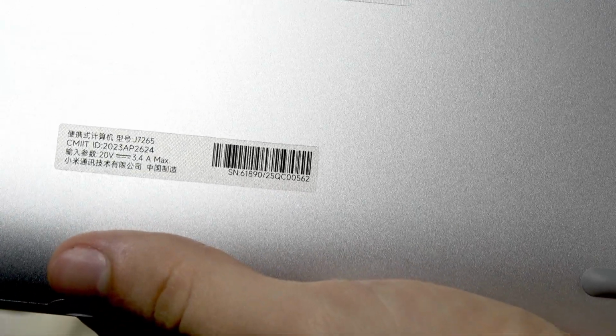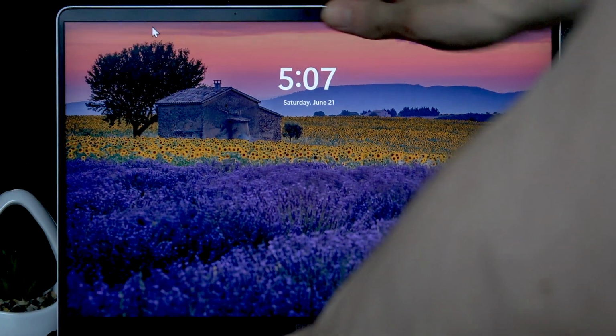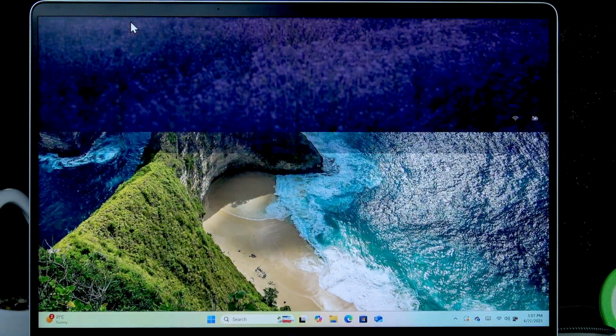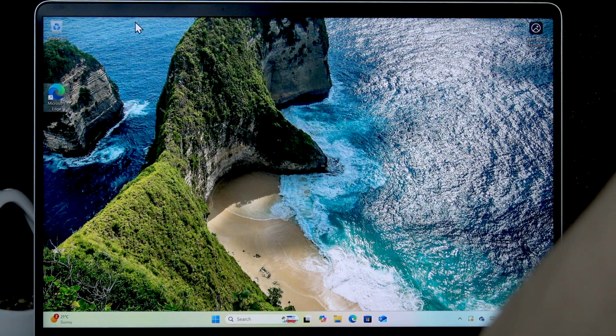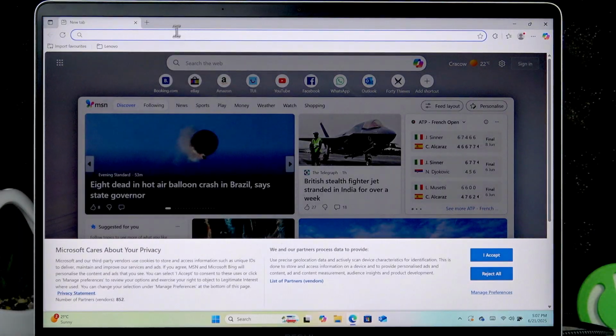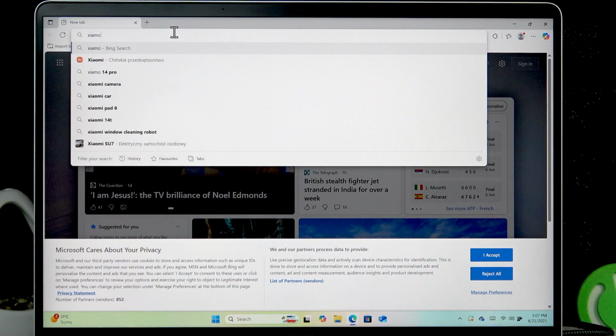Okay, and to check the full model name, we'll have to connect to the internet and open the web browser. You can use any that you like. Okay, so let me place it right here. Okay, so right now open the web browser. For example, I'm gonna go with the Edge browser, and here input Xiaomi